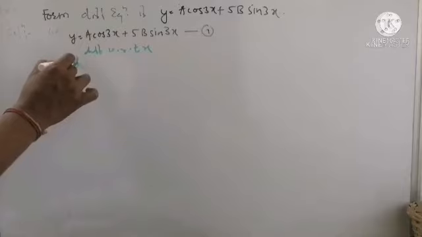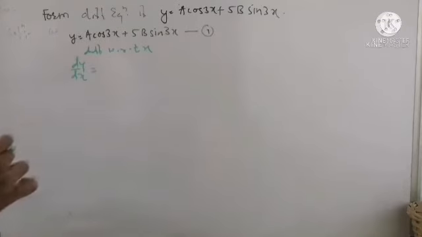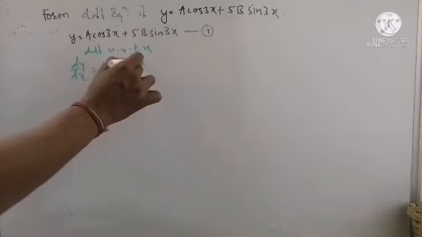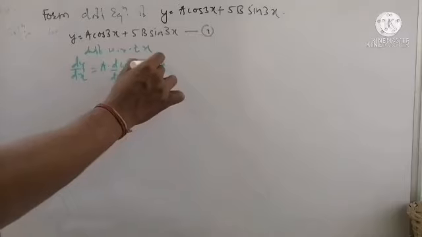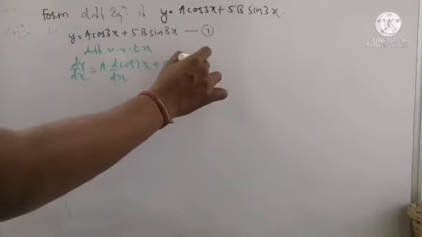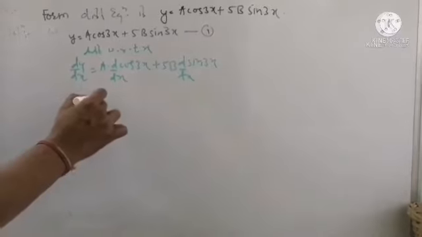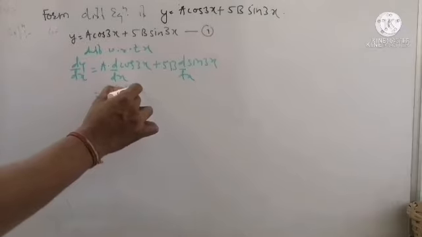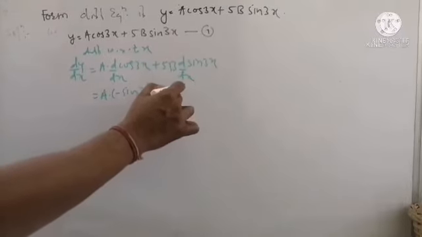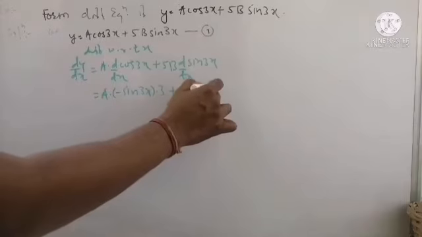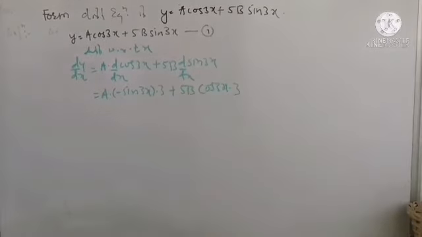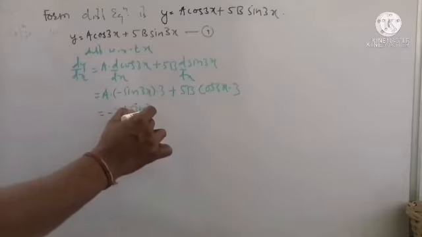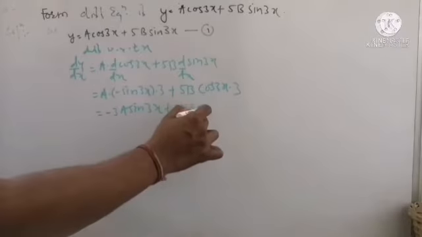Now the derivative of y with respect to x is dy by dx. On the right hand side, as it is an addition, we take the separate derivative of each term. As a is a constant, we take the derivative of cos of 3x with respect to x, plus as 5b is a constant in the second term, we take the derivative of sin 3x with respect to x. Now a remains constant. Cos of 3x has coefficient of x as 3, so its derivative is minus sin 3x multiplied by the coefficient of x, 3. 5b is a constant and the derivative of sin 3x is cos 3x with the coefficient 3 in multiplication. As we simplify this, we get minus 3a sin 3x plus 15b cos of 3x.